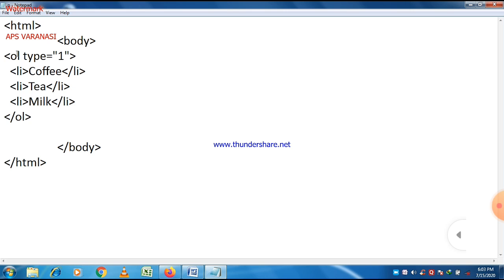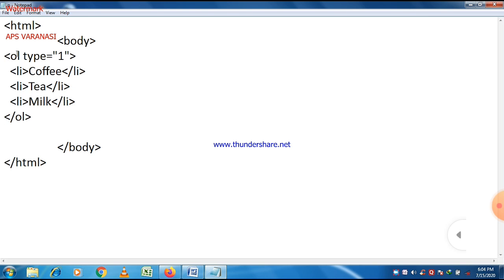So for an ordered list, first of all just write the ol tag, and then, if required, type the attribute. If you don't give any attribute, then it takes the default attribute, which in this case is type is equal to 1. It means counting will always start with number 1, and then the items of the list. Here the items of the list are coffee, tea and milk, and they should be represented within an li tag. The li tag is a close tag, and whatever you write within the li tag must be a part of this list.